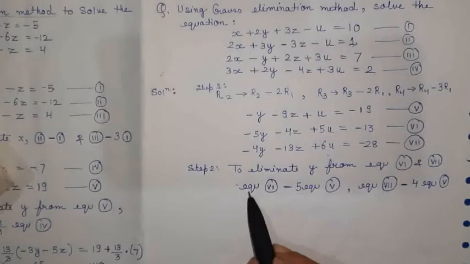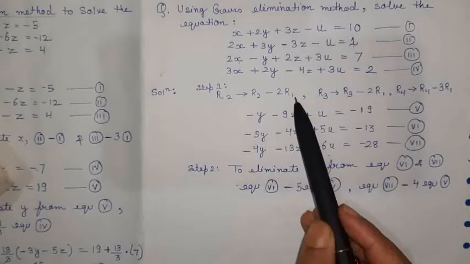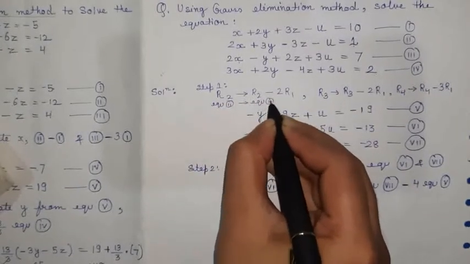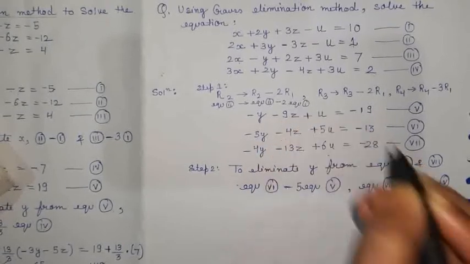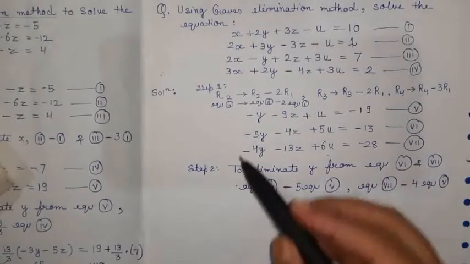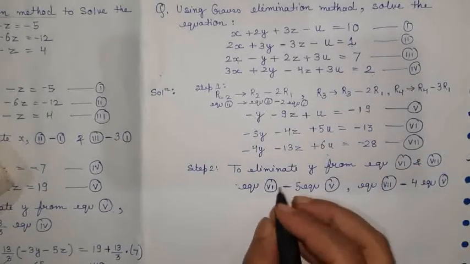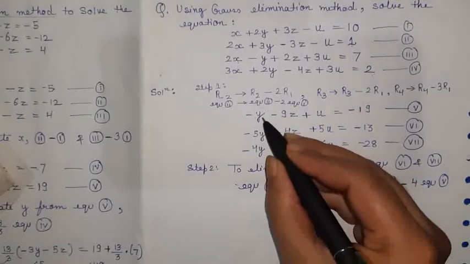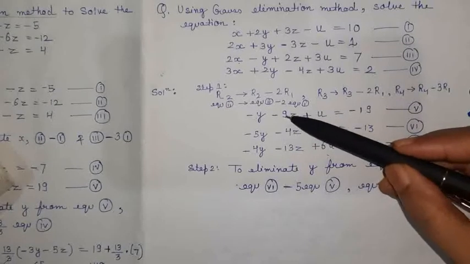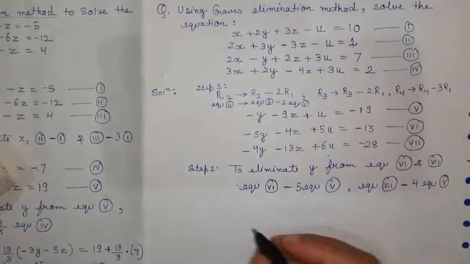In place of equation 6 and equation 5, you can write R2 and R1, like I have written here. You can also write it as equation 2 minus 2 times equation 1. It all depends on you by which name you want to express this. If we subtract this minus 5 and then plus 5y, it becomes 0. After calculating, this cancels out. Then 5 times this becomes minus 45, and minus minus plus, then minus 4, it becomes 41.